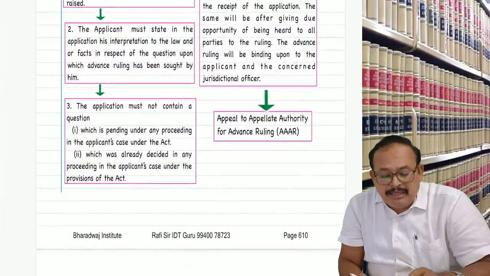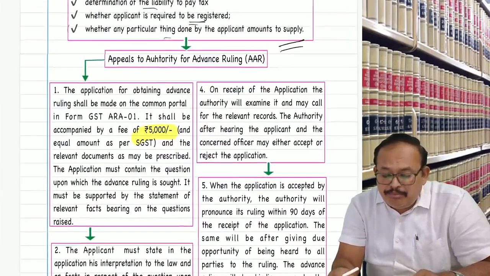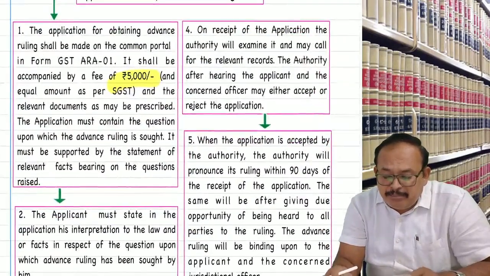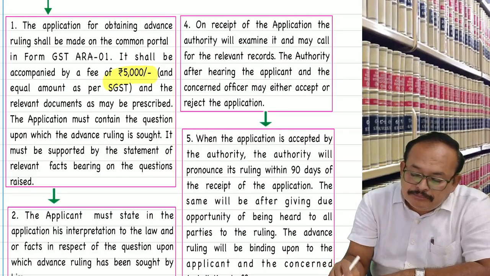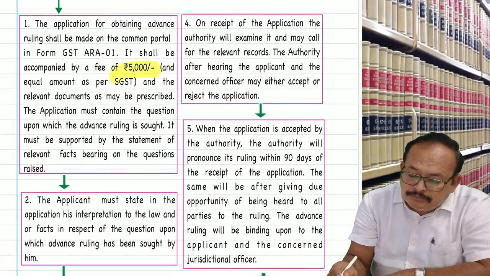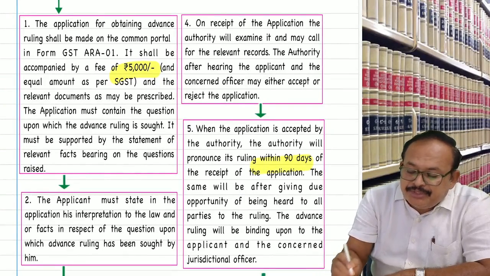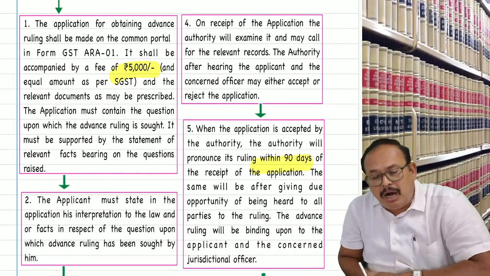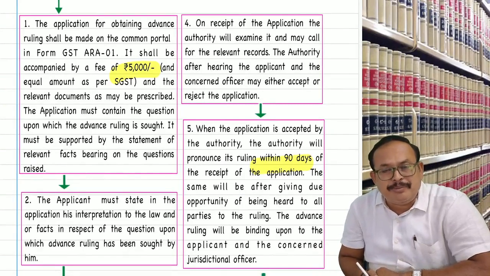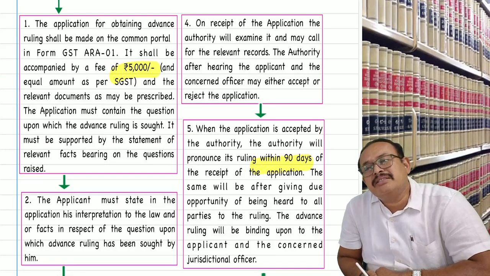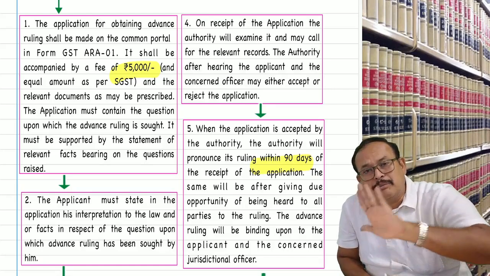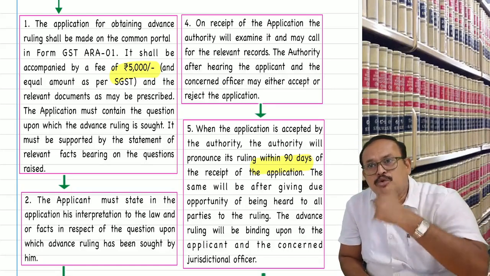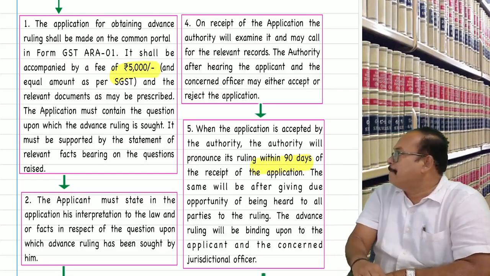Your case will be here for a maximum period, they mention the time period here: within 90 days of receipt of your application, if they accept it for hearing, they will come out with a judgment. To go for appeal to AAR, there is no time limit. Once you go for appeal to AAR,